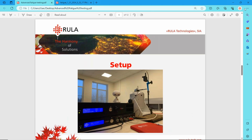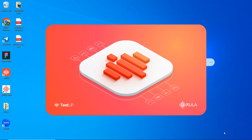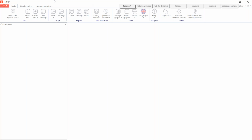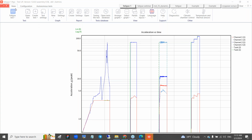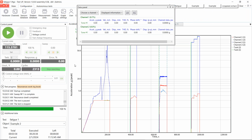So let me just go to software. We're going to run Testup. I have a preloaded test here, but just to give you an overview of the logic of working with our system, I will go through all the steps together with you, starting with the very beginning. So it's going to take a few seconds to load. As you see, fatigue test is already selected, but if I were to start it from the beginning, I would